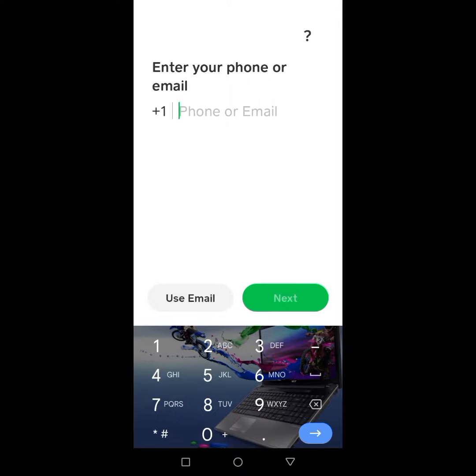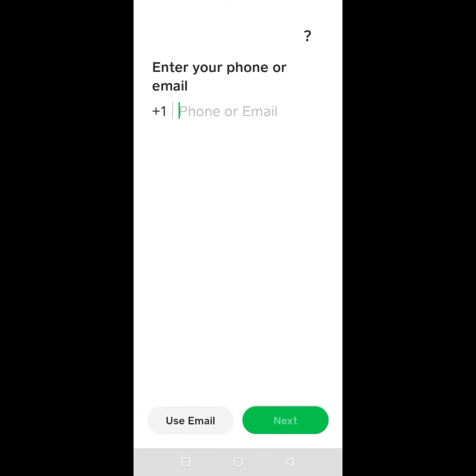As you can see guys, it's asking me to create an account because I have logged out from the Cash App, because I have cleared the cache of storage. That's why I will be logged out from here. So you have to log in to your account from here. Okay guys,